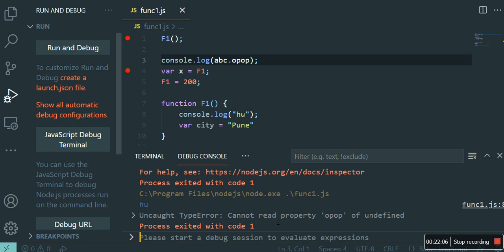This kind of error, if you are working in JavaScript or in any framework like Angular or React, doesn't matter, you will always get. You are getting "cannot read property of undefined." So, 'op', you understand what is 'op'? 'op' is ABC. So it is trying to read that property in some object which is not defined. Sometimes people are not able to understand the error.